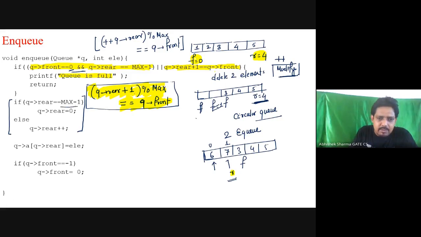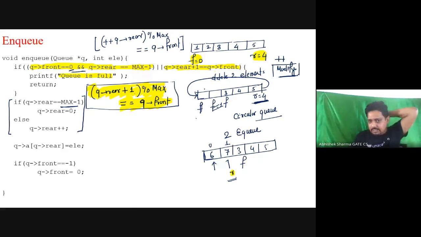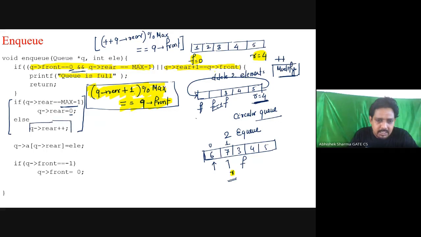If it is max minus 1, if it is pointing to the last location, r equal to 4, then after the next incrementation it will be at 0. Correct? So in this case, yes, it will assign the value 0, otherwise we will do q pointing to rear plus plus, and here we'll do the modification.